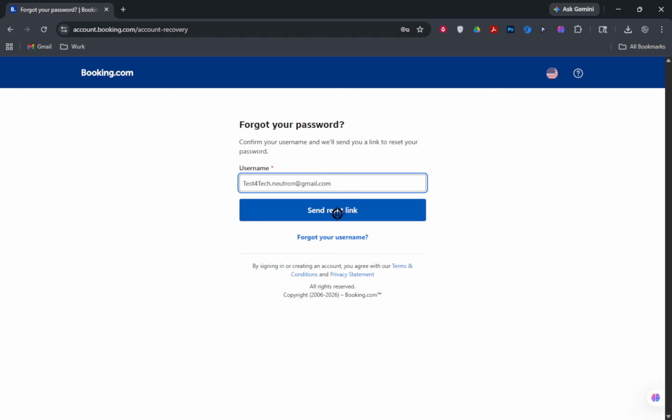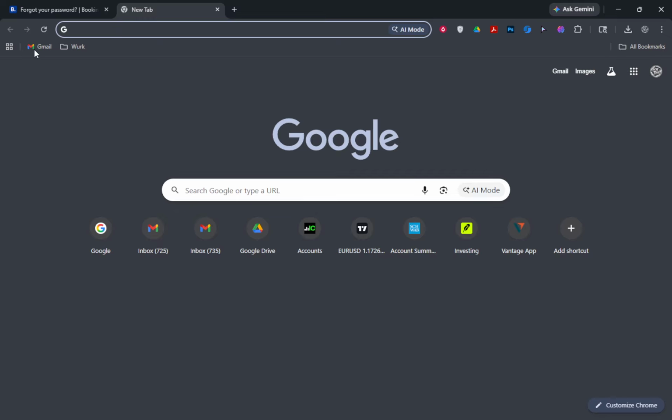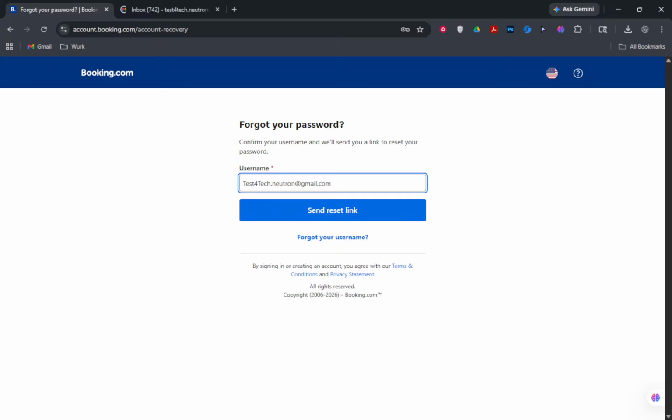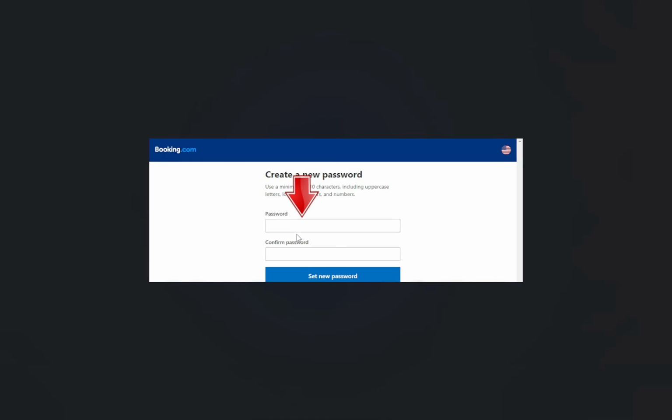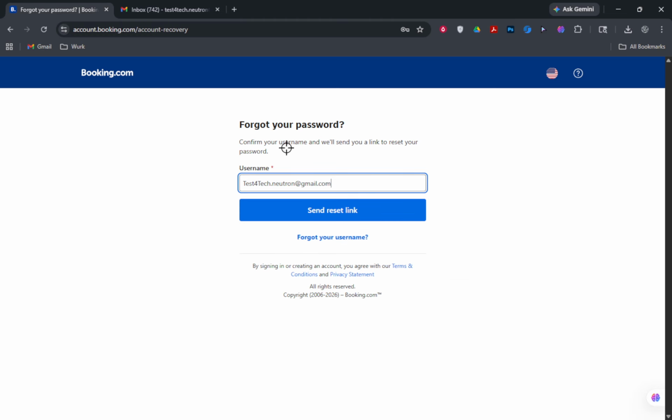You'll receive an email with reset instructions, and once the new password is created, you can sign in normally using those updated credentials. A few quick reminders to keep in mind as you go. Menu names like Manage Account, Account Settings, Security, or Password Settings can appear slightly differently depending on updates, but they'll lead you to the same place. When choosing a new password, aim for something long, hard to guess, and not reused on other sites. And once your password is changed, keep it private to protect your bookings and save details.